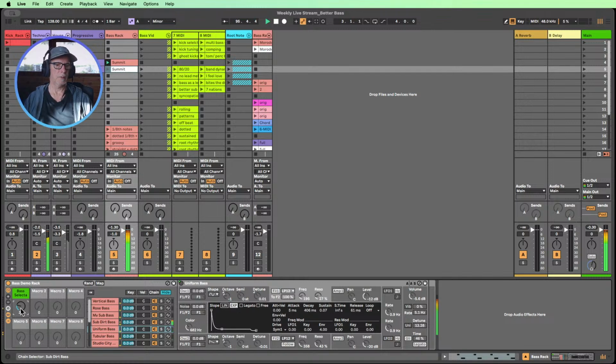Particularly makes a difference on these more muted basses. By that I mean these basses that are very, very muted. They're fairly rolled off. So not too plucky, not too bright, more muted sounding, like this.